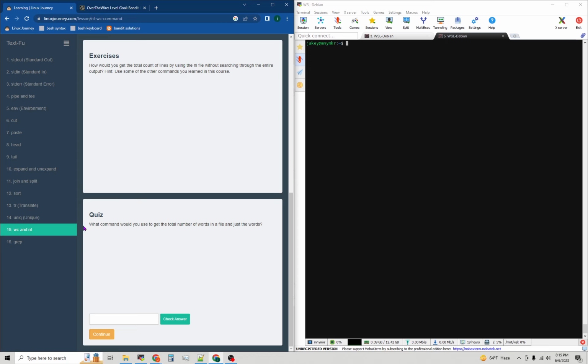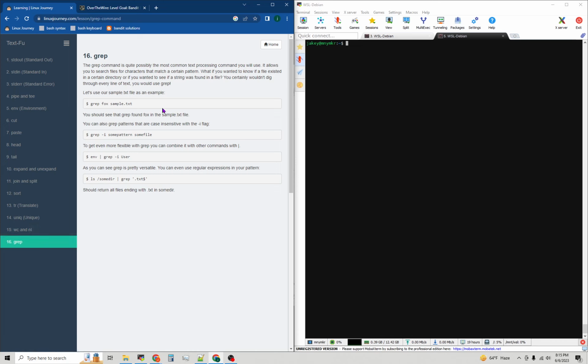Okay. What command would you use to get the total number of words? WC, baby. And just the words. Boom. All right, grep. This one I've been using the entire time, so I don't know why it's last, but